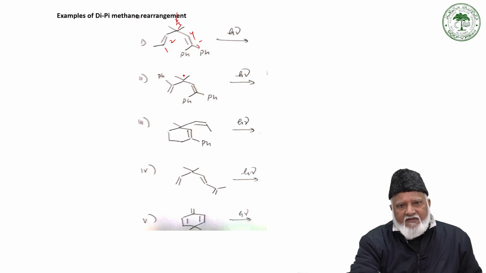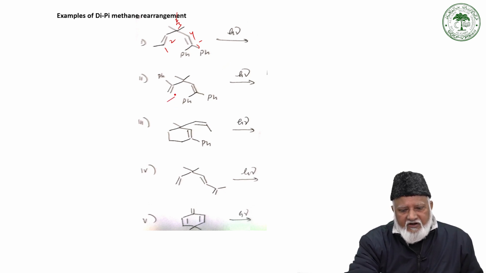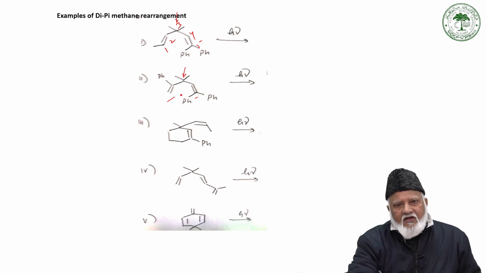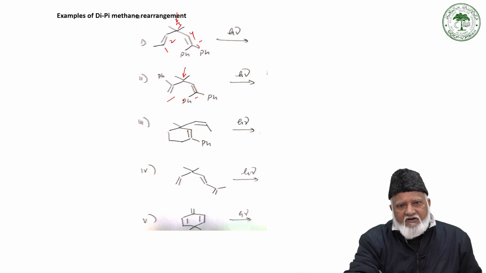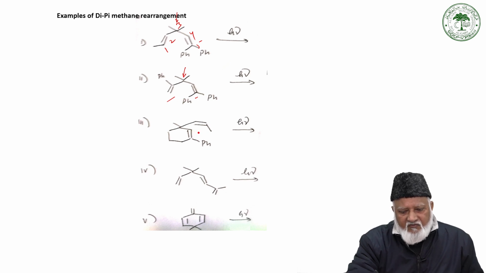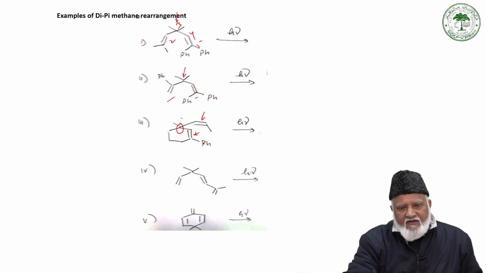So whenever you have a system like this, one double bond and a second double bond separated by a methylene group, it is nicely set for di-pi-methane rearrangement, and similarly this one, with a double bond and another double bond separated by a methylene group, is also nicely set for di-pi-methane rearrangement and may undergo